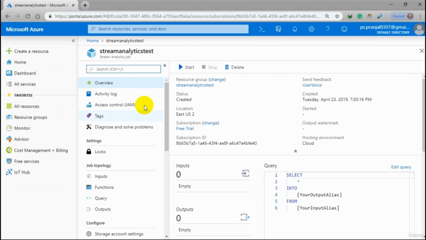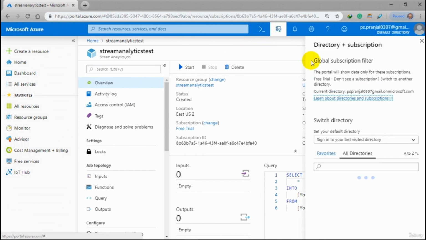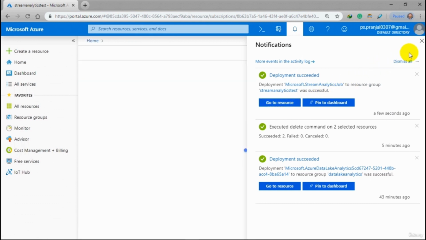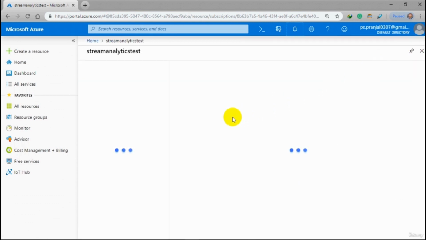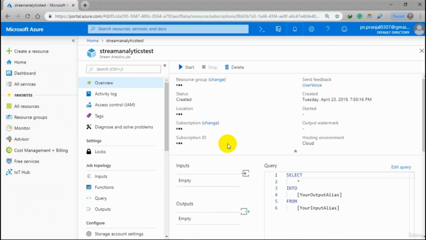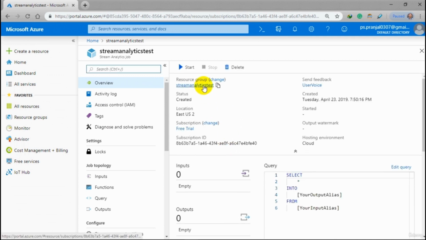This is the overview section of my job. This is the query part where you will run your query. Yeah, I have successfully created my job. Now it is ready for use. So as you can see, on the left side you will get the options input, function, query, output. In input we are going to add our input source. Okay,